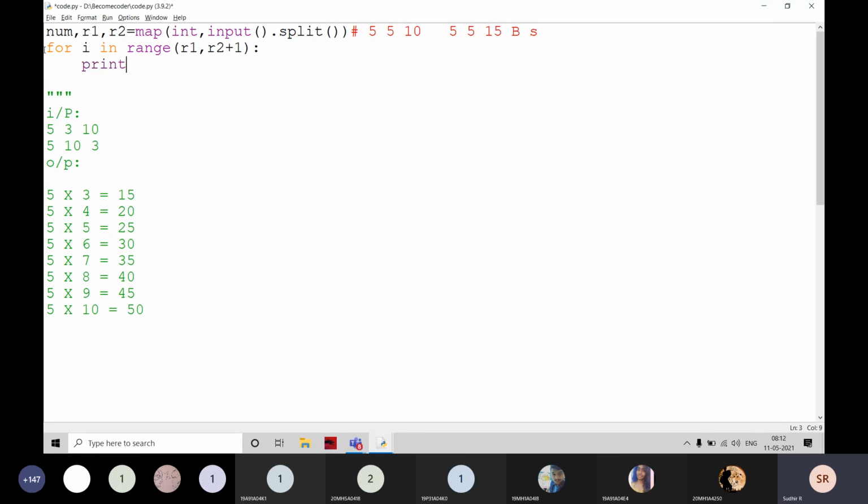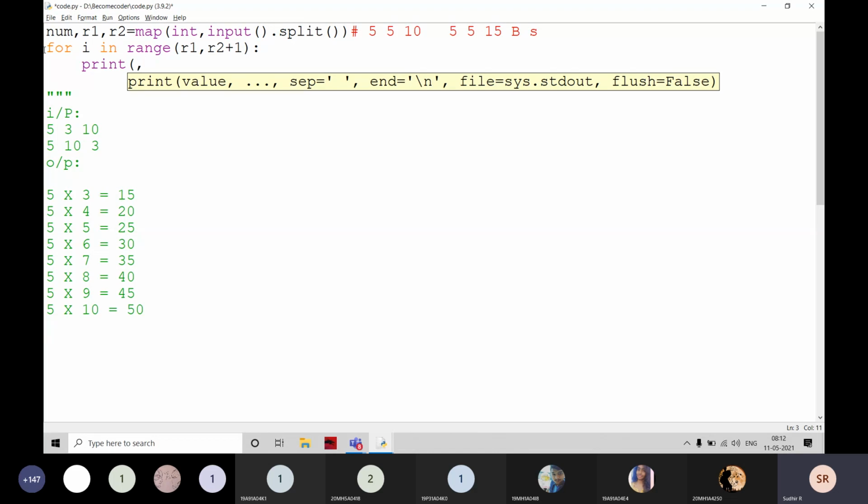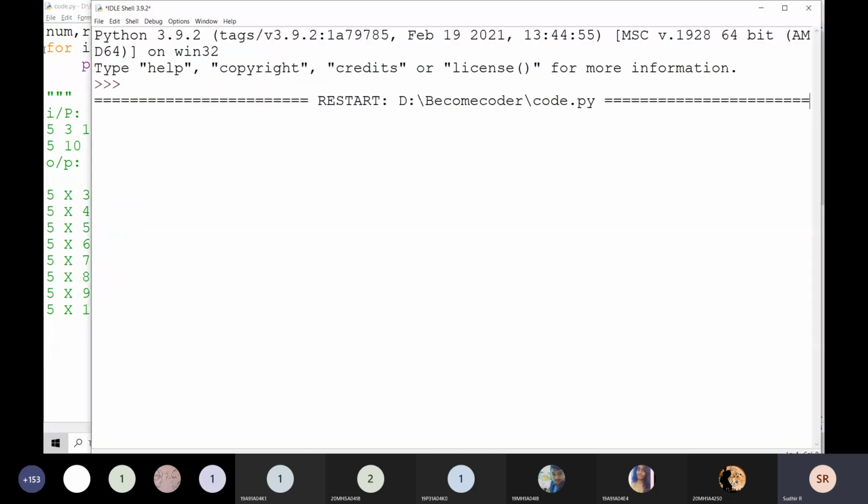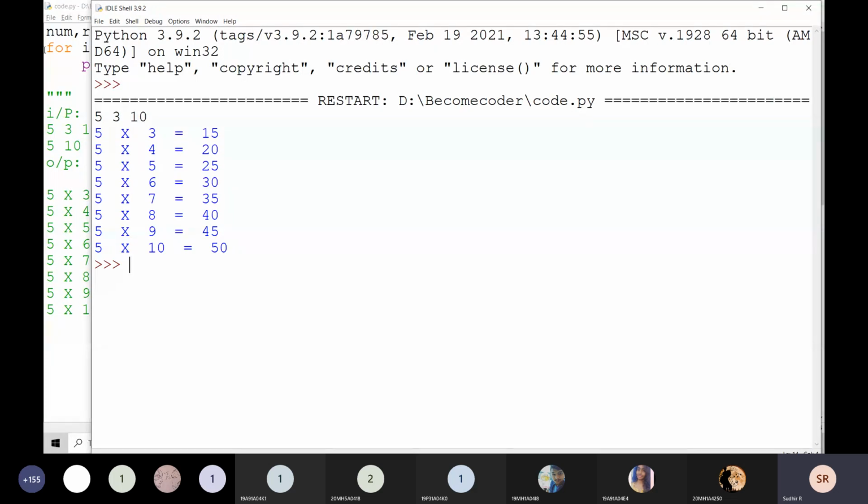I'm going to print num into i, num comma i, num into i. For example, if I give 5 3 10, the output is going to be 5 3s are to 5 10s are.